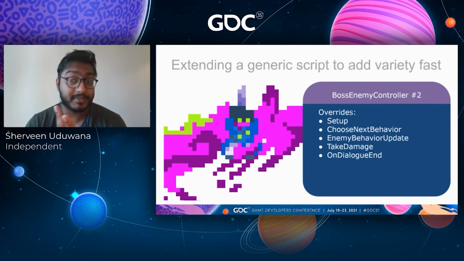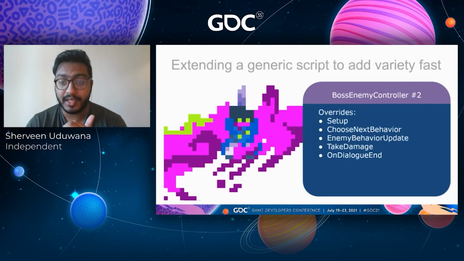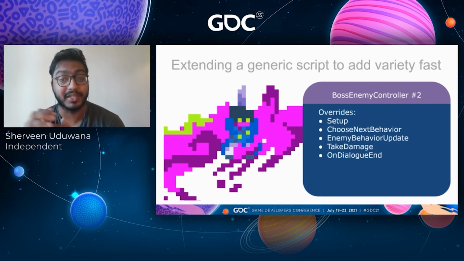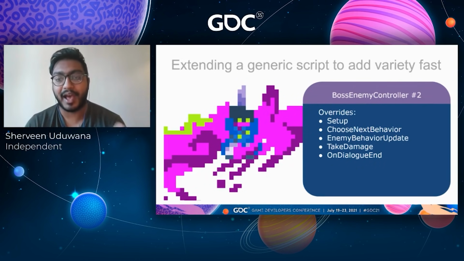And then I made a second boss, because why not? This is very similar. If you look at this one, the comparison here is that I didn't need to. Actually, I probably did change its attack method. I probably just didn't include it. But this boss has a lot more narrative motivation. So it has some unique setup elements, again, some unique AI and why it attacks you at certain times.